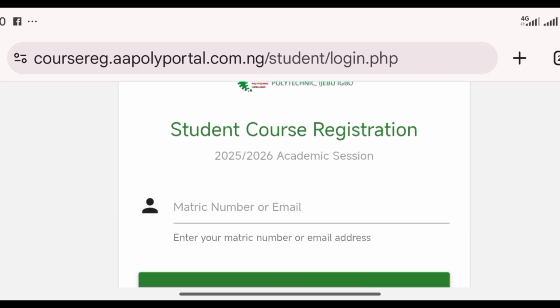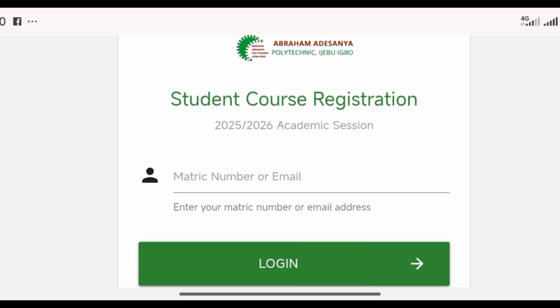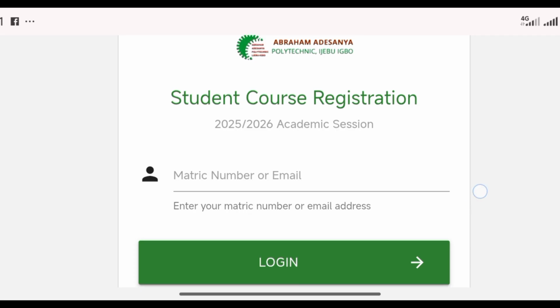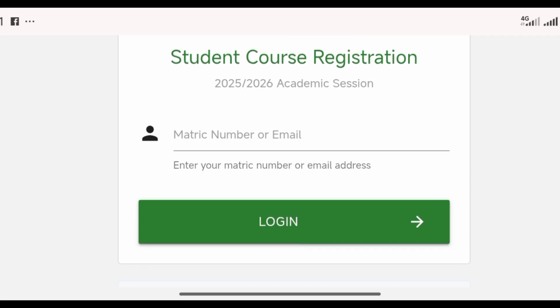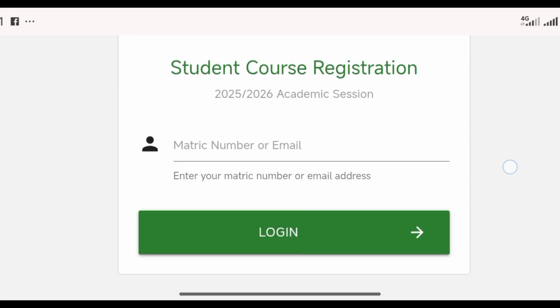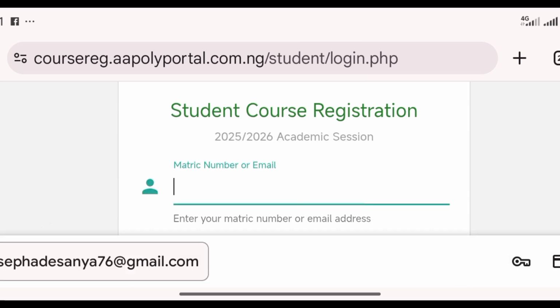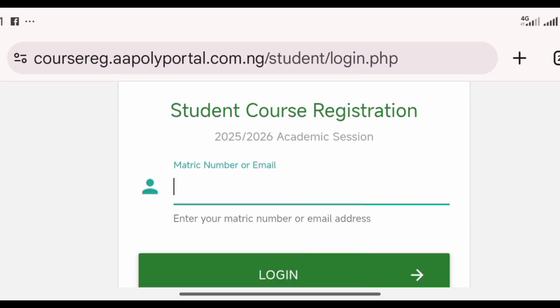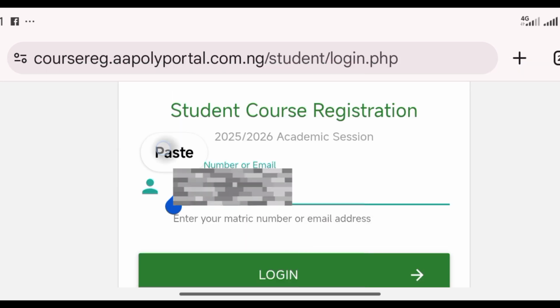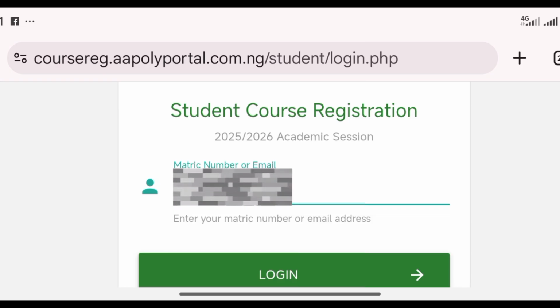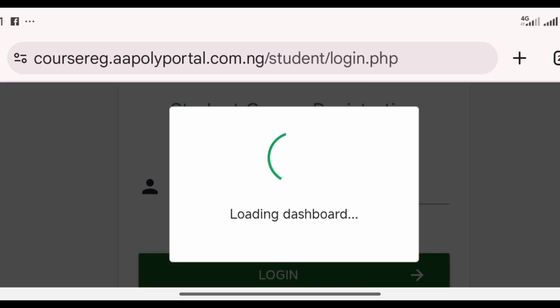So what do you need to log in? You only need your matric number or your email. I'll be inputting a matric number here for this video purpose, for example. Once you input your matric number here, you click on the button login. Then it's going to verify,